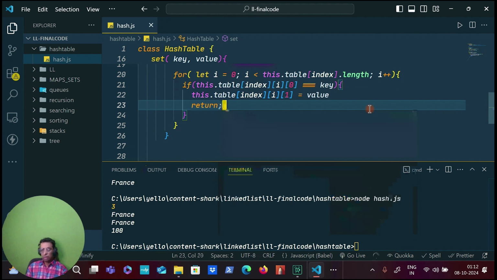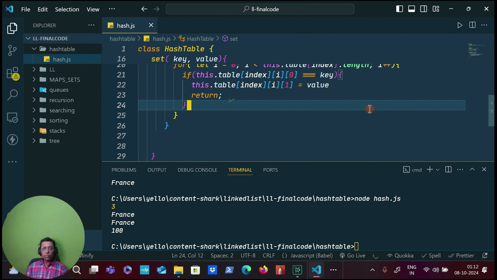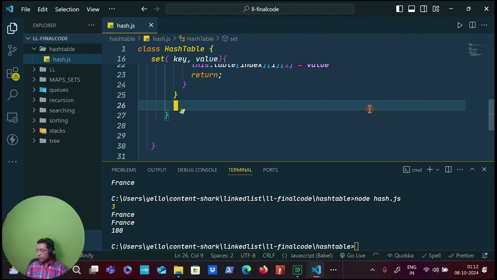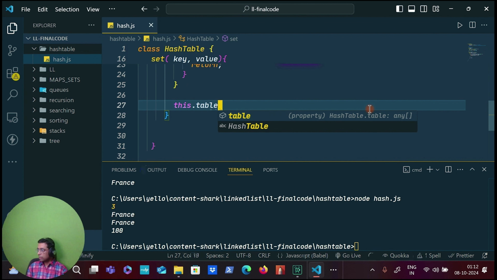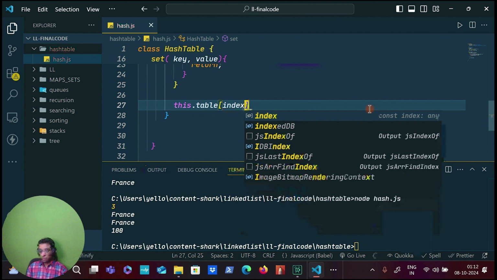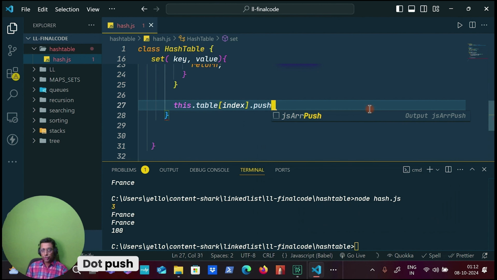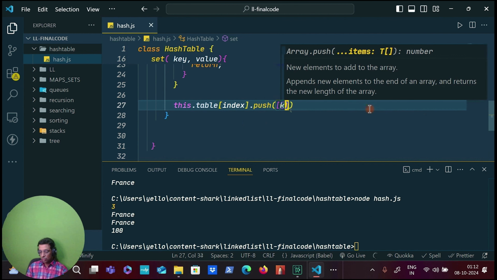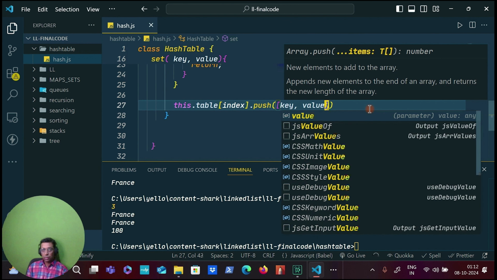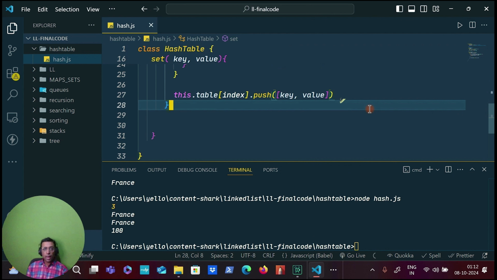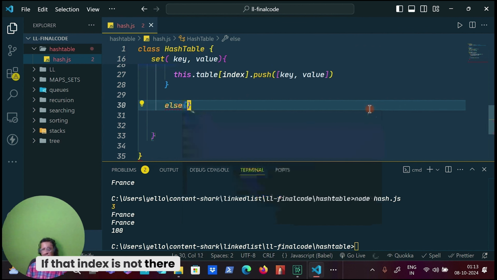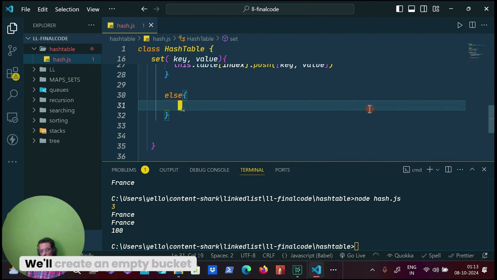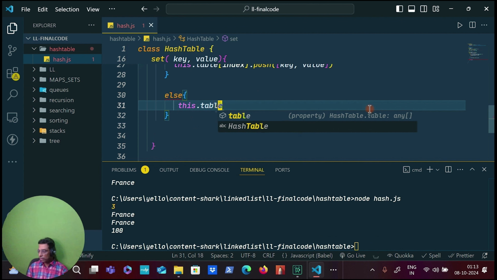So return nothing. And if the key is not found, then what we are going to do is this.table, so we'll add a new key value pair at the end, .push. Else, if the bucket itself is not there, if that index is not there, then what we are going to do, we'll create an empty bucket, this.table